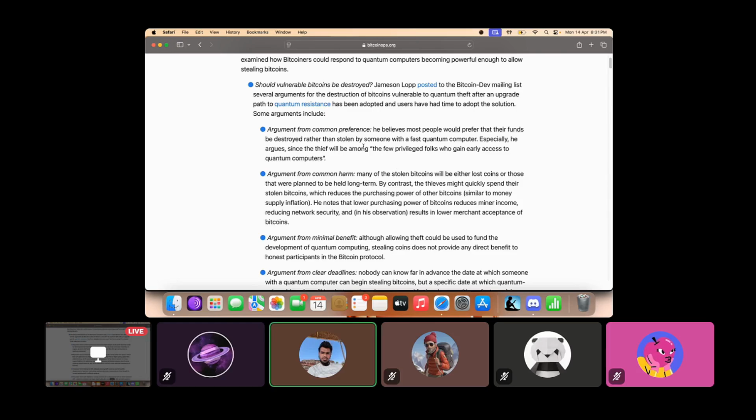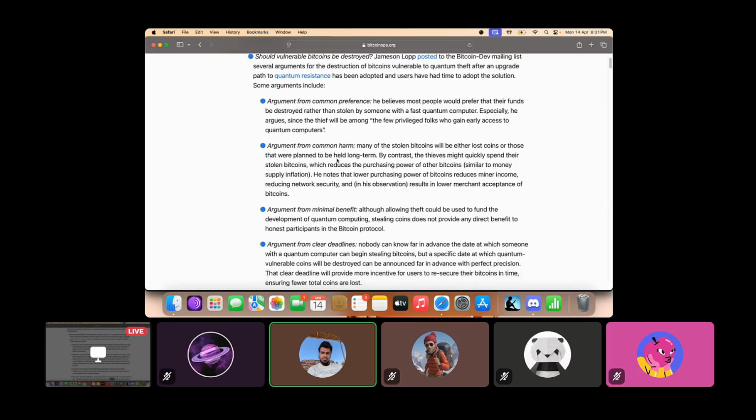But let's also listen to what arguments the people who believe that the coins should be burned are making, right? So, the argument from common preference. He believes most people would prefer that their funds be destroyed rather than stolen by someone with a fast quantum computer. Especially, he argues, since thieves will be among the few privileged folks who gain early access to quantum computers. So maybe some people would believe that obviously if somebody's stealing, he's not going to be a saint, right? Whoever steals your coin is going to be a bad guy, a malicious actor. So instead of